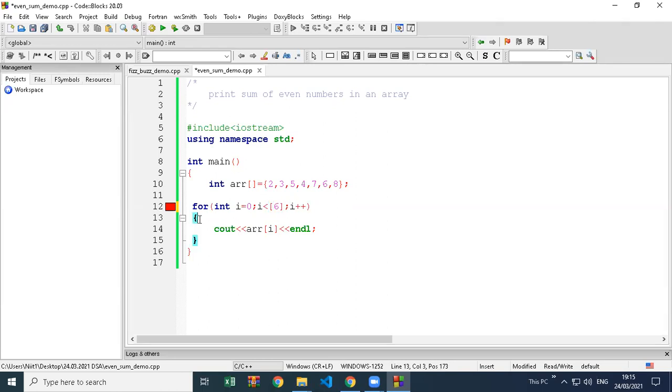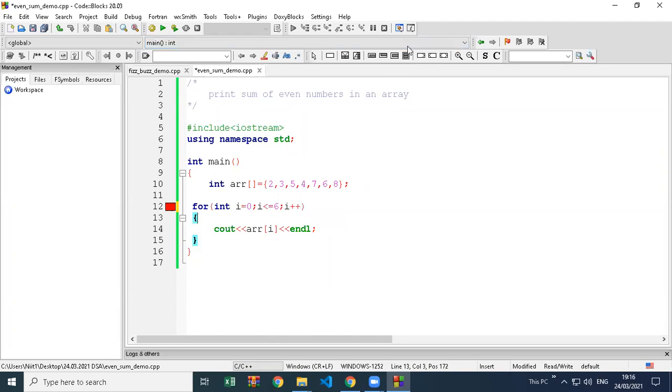Remove that square bracket also. The square bracket is not required. Equal to 6. 0, 1, 2, 3, 4, 5, 6. 6 is the last position. Less than equal to. Equal to less than is not an operator. Less than equal to is one operator.